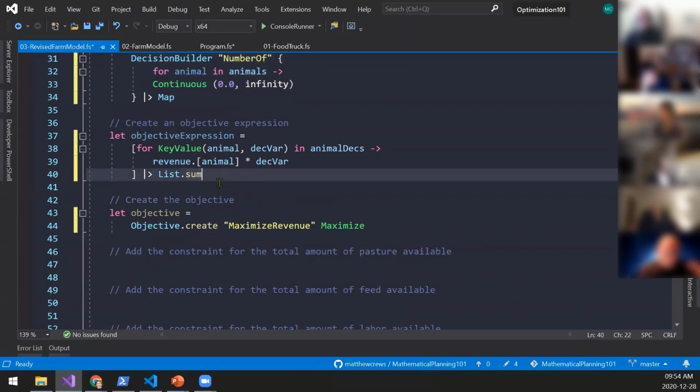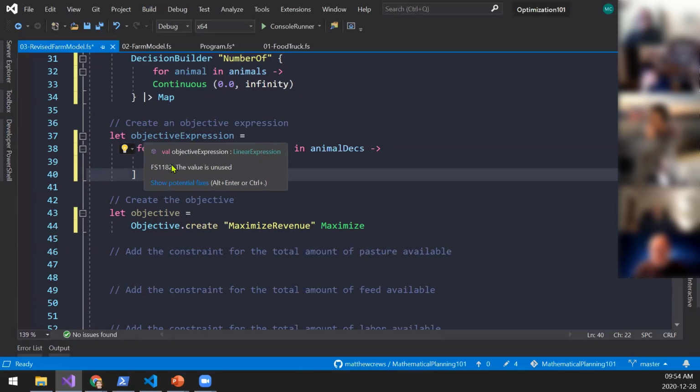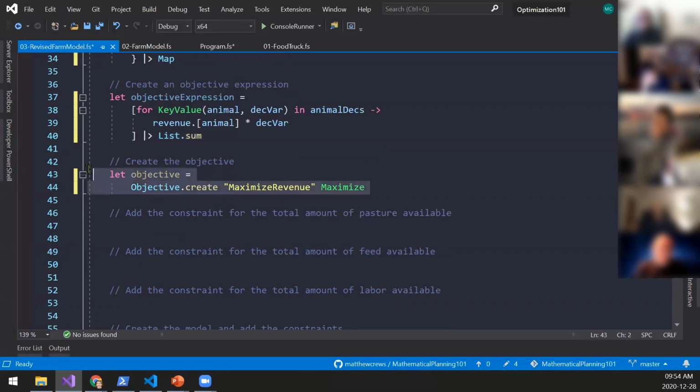I love clarifying things for people. So I've created the objective expression. I've created my objective object. And now we need to create some constraints. So here, and again, the sophistication of this thing is going to evolve, and I'm doing some things to just kind of make it very clear what is happening.